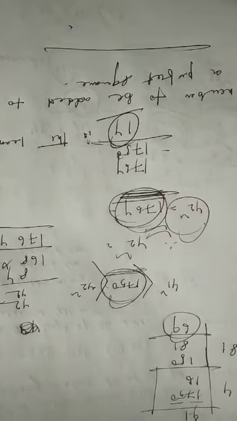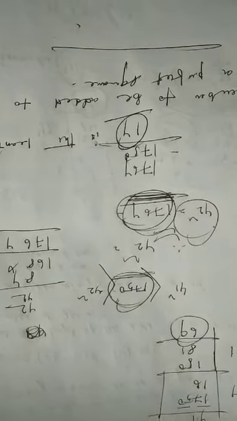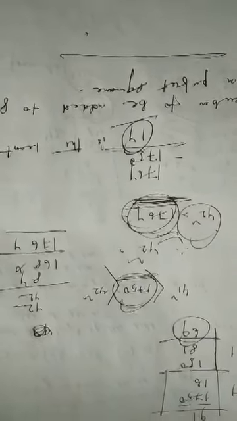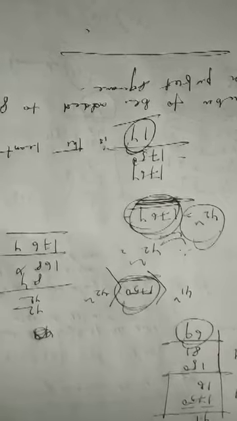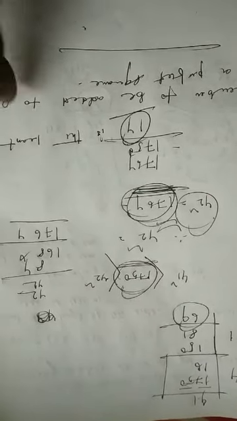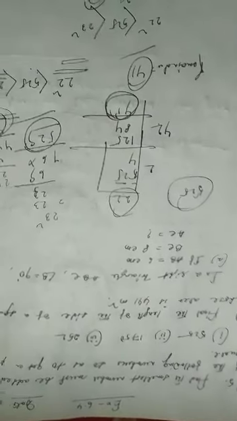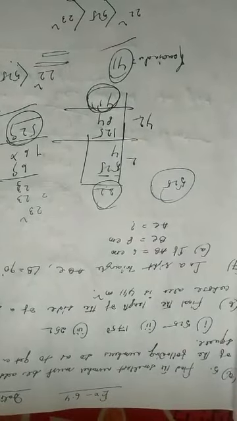As 1750 was not a perfect square number, we made it into a perfect square by adding 14. 14 we have added to this particular number and we made it a perfect square. So the next number we will be dealing with, I'll prefer to go to the next question.